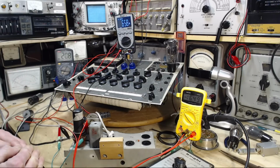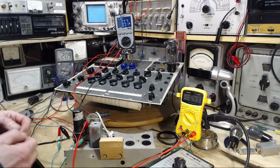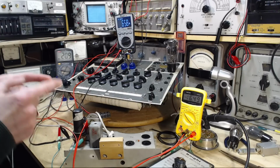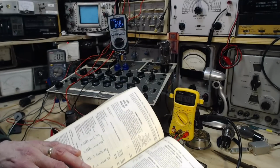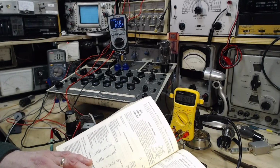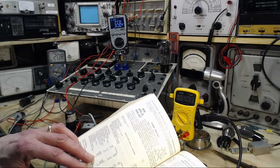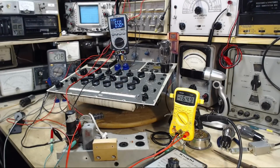So low heater means low current, but we're reading high current here. How do you get a higher than expected current from a tube like this? Because the circumstances under which I'm testing it are not actually the same as in the book here. There's something more to this. For instance, this is talking about load resistance. I don't know. I don't know that I'm doing anything that would not be the right thing to do. Living my whole life in that state. Well,